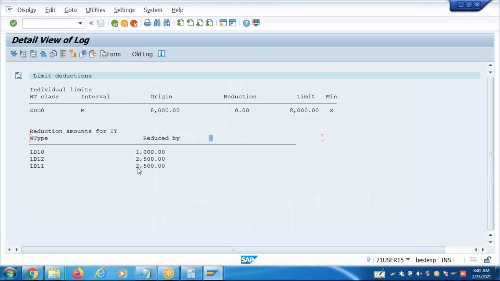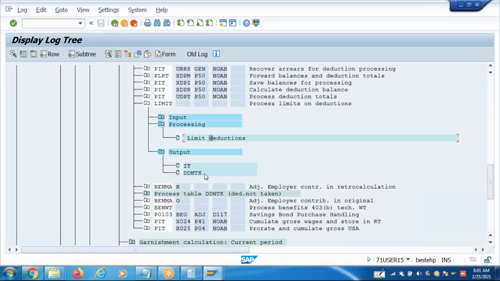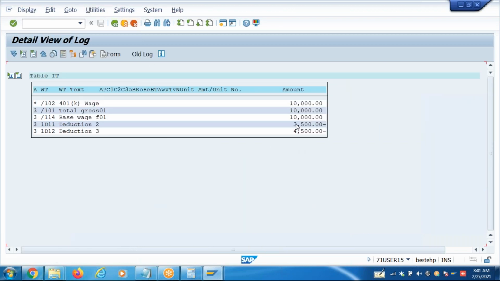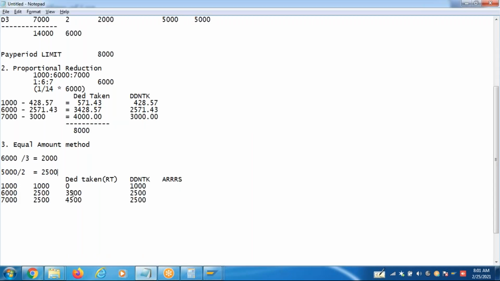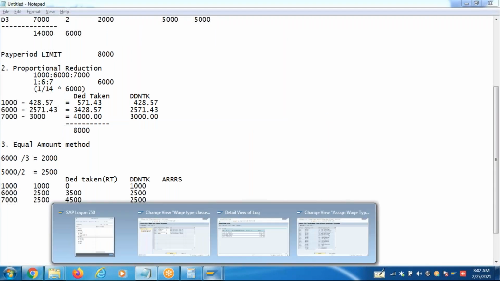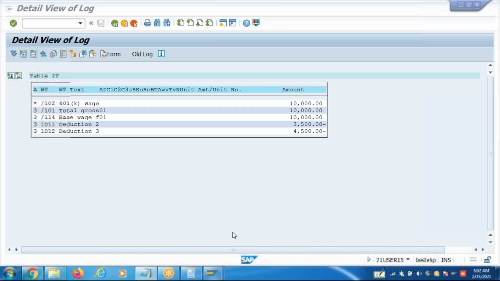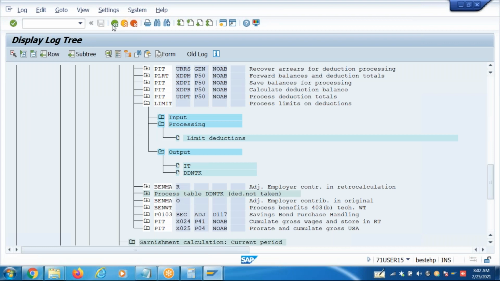Okay, this is how we reduced it, right? So in the output, you will see the deduction values: 3,500 and 4,500. It is exactly like we calculated, right? So when I run payroll, live run, and then go to the next one, subsequent run.